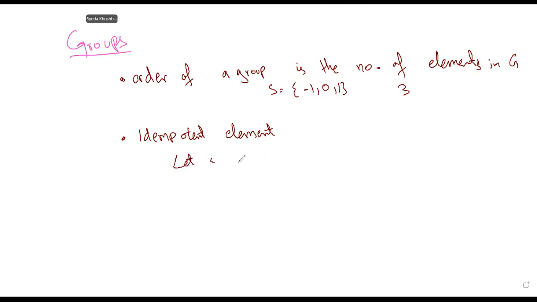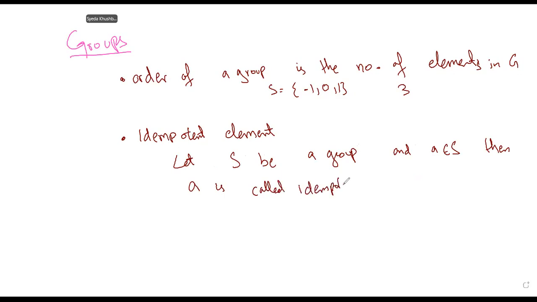let S be a group, sorry, and A belongs to S, then A is called idempotent if A star A equals A. Okay, now